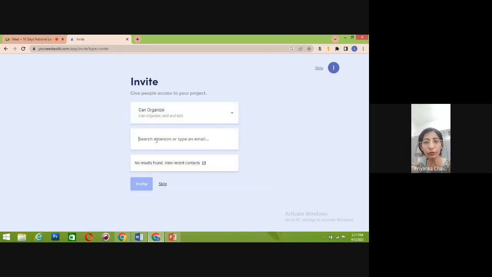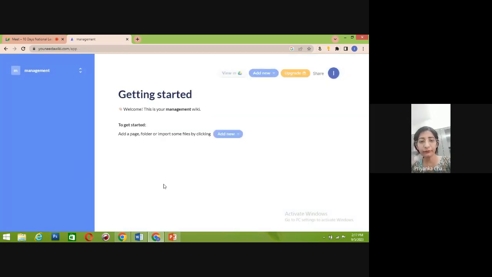Skip. Now you go to skip part. See, this is the way in which you have started your You need a wiki part. In this way, you can add more subjects. If you go to this add new option,